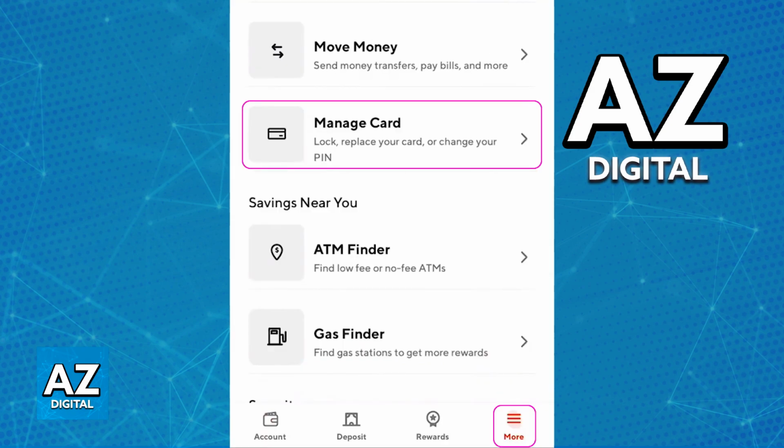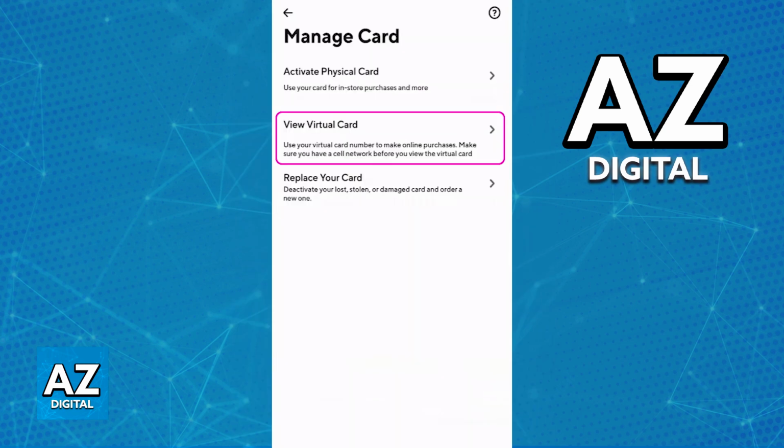at the bottom right corner of the screen after you sign into the account that has the card for Dasher Direct, and go into Manage Card. You will be able to view the virtual card. Like I said in the beginning, you only have the option to view the details about your virtual card, and as far as I know, they aren't going to be the exact same as the physical one, so keep that in mind. The only option to view the details about the physical one is obviously looking at the physical card